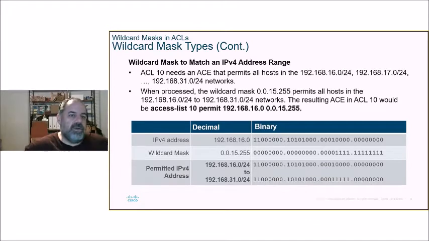All right, so wildcard mask to match an IPv4 address range. Maybe you've got a range of /24 subnets that you wish to match, and that's entirely possible in one line. And so ACL 10 needs an access control entry that permits all hosts 192.168.16.0/24 all the way through to the 192.168.31.0 subnet. So when processed, the wildcard mask of 0.0.15.255 permits all hosts in the range 16 through to 31 in the 3rd octet. The resulting access control entry would be access list 10 permit